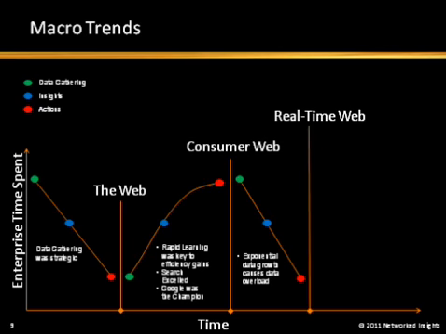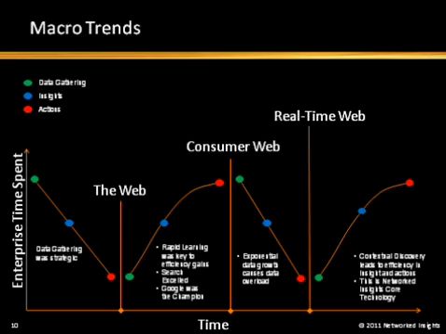Then the real-time web came along, where we have to be able to interact and react in real time, and it's allowed us to flip the curve. But the technologies that allow us to take advantage of it, the same way Google allowed us to because of search, become discovery-based rather than search-based. We can't look for the things that we care about anymore because there's too much data out there. So the curve has flipped again, and we're spending less time in data gathering and more time in action. Fundamentally, we have to find contextual discovery. Let me learn the things my customer ultimately wants and cares about, and not just search for the things that I know to look for. That's what's happening from a macro standpoint.